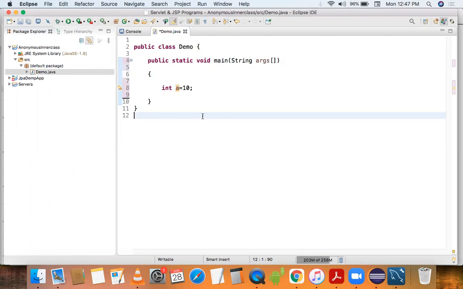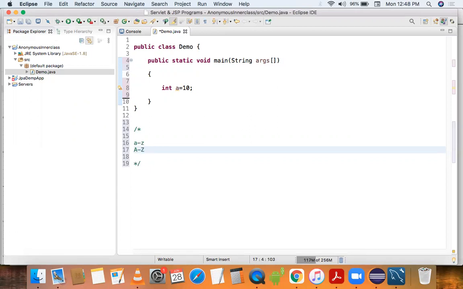The first rule is: small a to small z, any character we can use to declare an identifier.